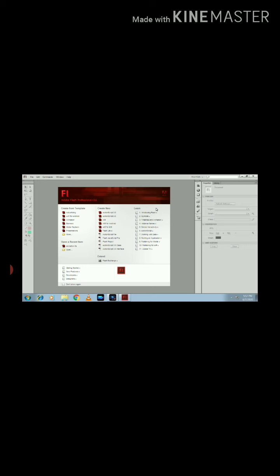This is the Flash window, and top of the window is the menu bar, left side, toolbox, right side, library and properties window appear. In center of the screen, selecting the type of file,